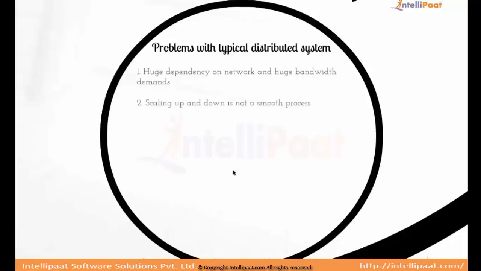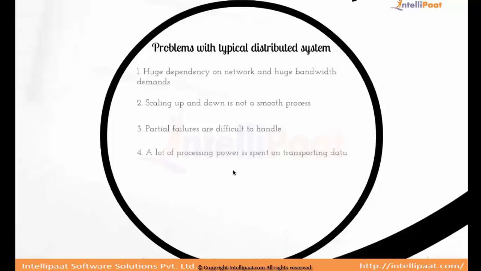Scaling up and scaling down was not a smooth process. With that setup, you can't simply scale up or scale down, because if you are my best programmer and you are writing code for 10 machines, can I just add another 1,000 machines and expect your code to work as it is? Not really. Partial failures were very, very difficult to handle. If there were 50 machines, what if machine number 32 went down? You as a developer will have to take care of that, and that was a painful part.